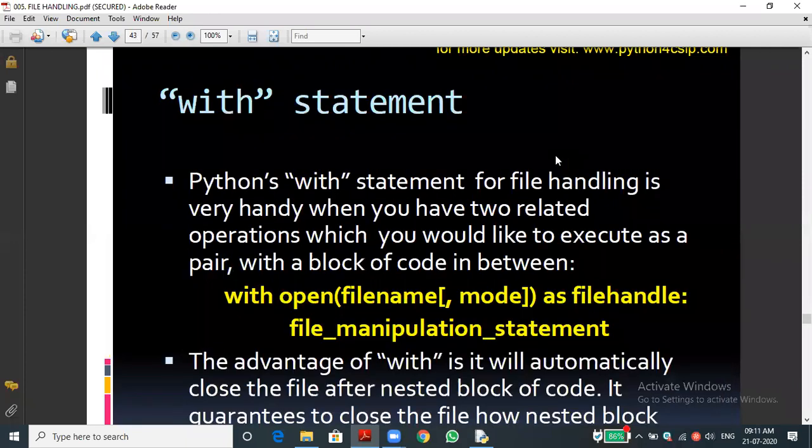The with statement is a unique statement in Python. So far we have used a way to open your file. I will ask the question to somebody. Wait one minute. Bharat, can you say how to open your file?